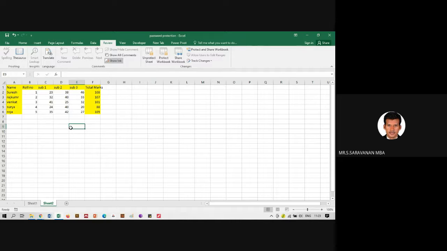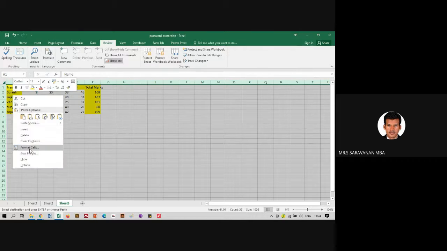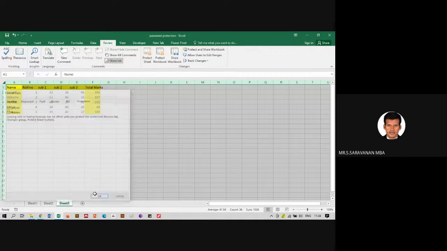We want to share the sheet with others, but we do not want the format to change. I will show you this. I will copy it. So first you click here, right click, format cell, protection, it should be locked.